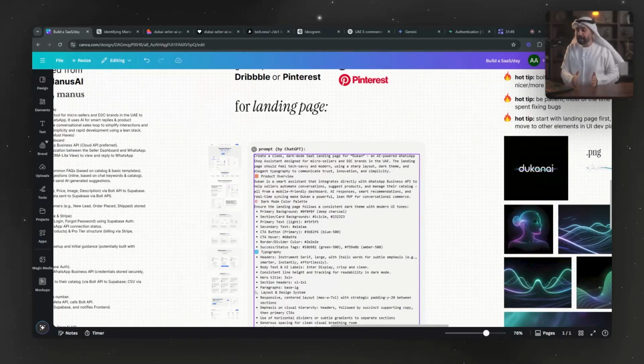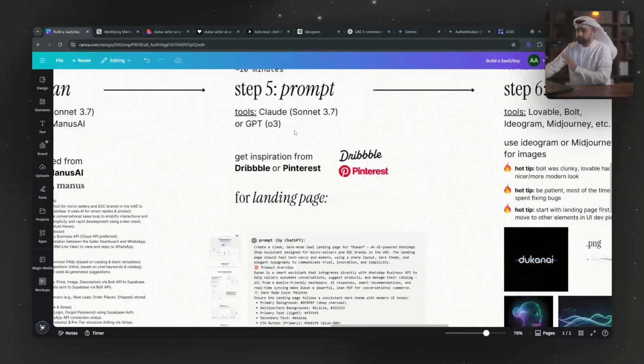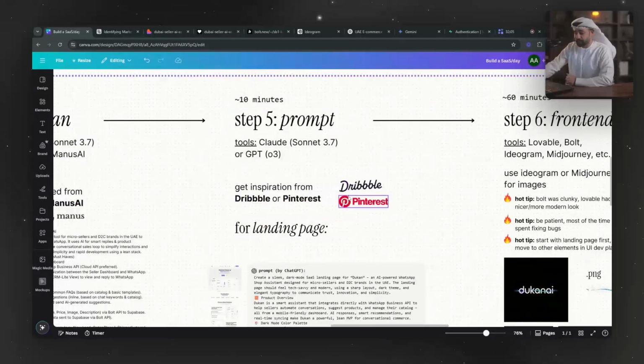When you build out your landing page, you have a clear section in terms of what buttons you are going to use, what form, whatever exists in the landing page, and what you're going to do in the text and so on. And this is very simple to do as well. So now for getting the prompts out, this took me 10 minutes.